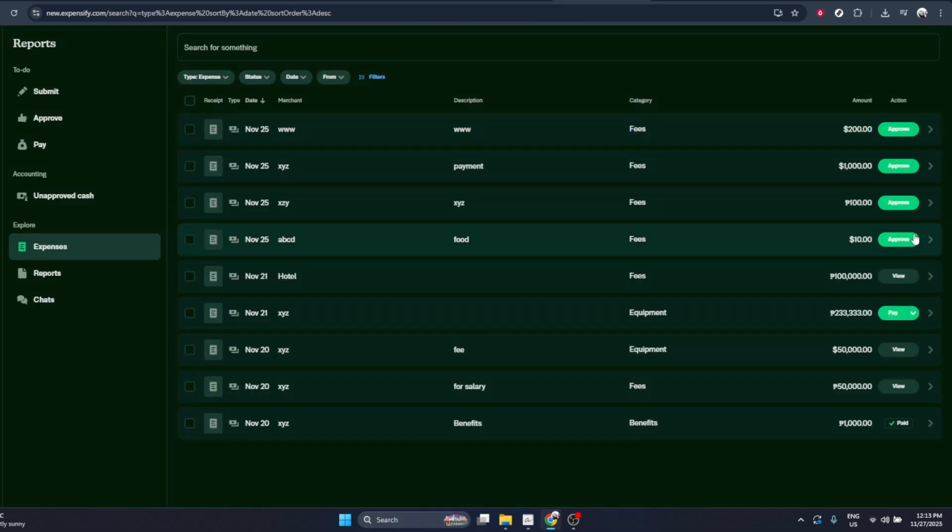Once everything looks good, find the Submit button on this expense page. It's typically located near the top right or bottom of the panel. Click on Submit. If your organization uses approval workflows, Expensify will automatically route this expense to the correct approver or attach it to the appropriate report, depending on how your account is configured. After you hit Submit, you should see a confirmation or a status change indicating that